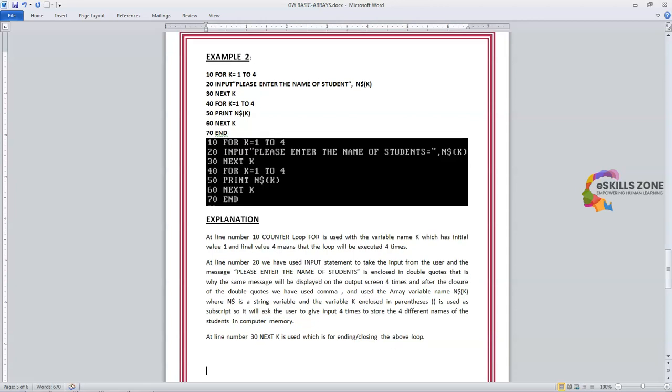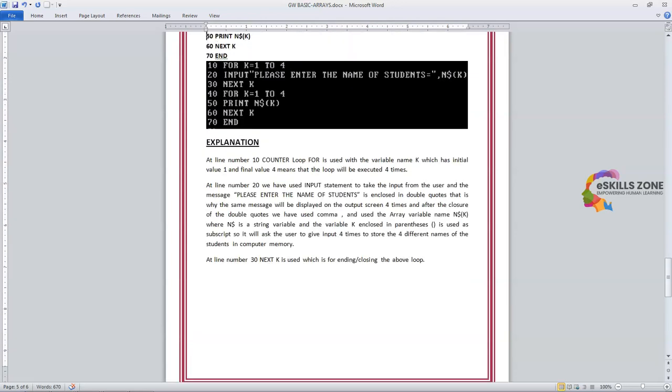At line number 40, again a for loop is used,